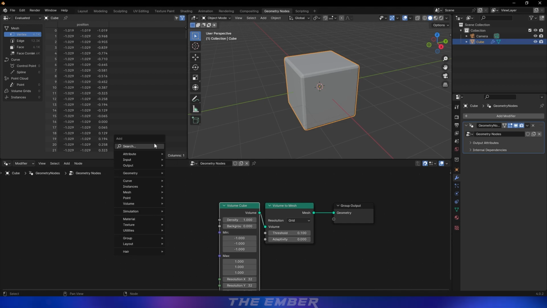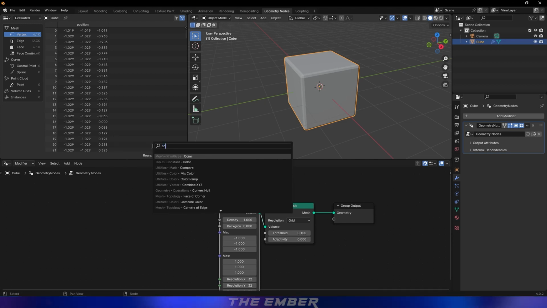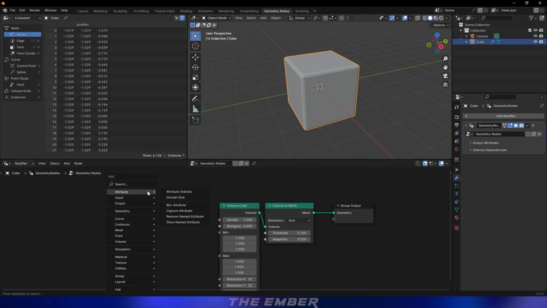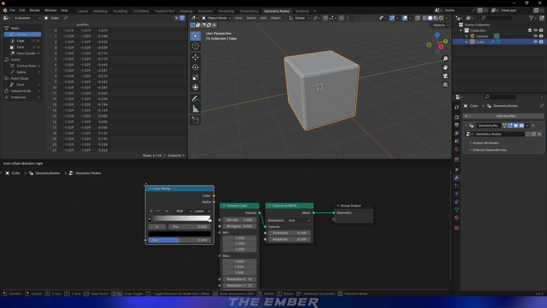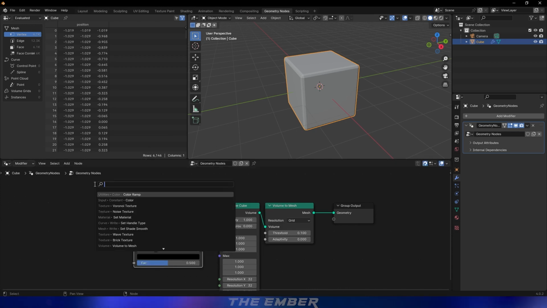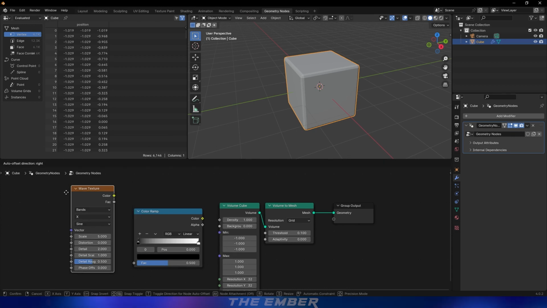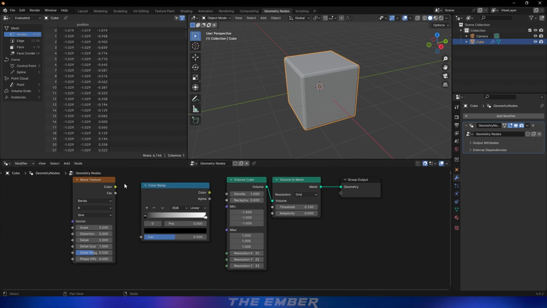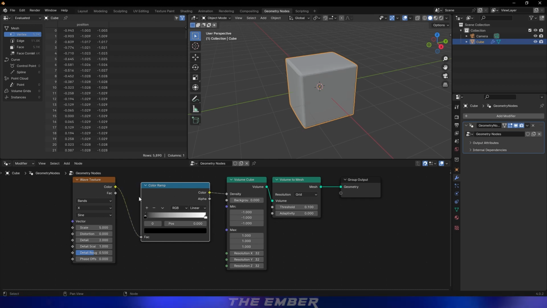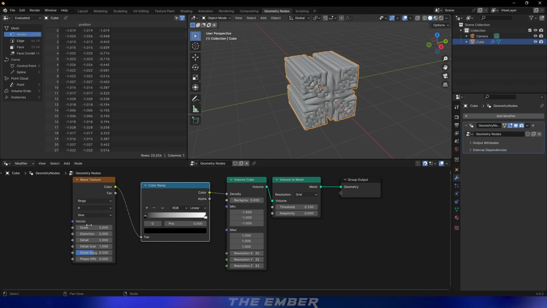So now I'm going to add a texture to this. So I'm going to add a color ramp first. A color ramp like this. And a wave texture. So I'm going to plug the color into the color ramp and the color of the color ramp into the volume cube's density socket. I'm going to change this to rings, the distortion to 1.3, detail to 15, detail scale